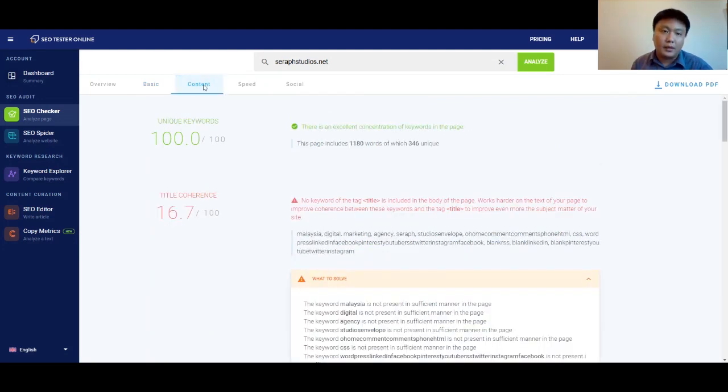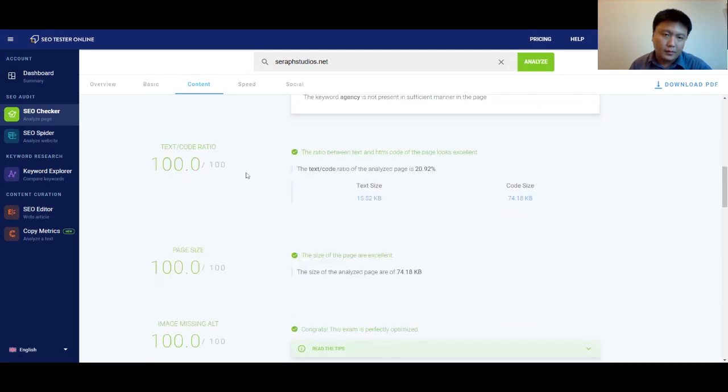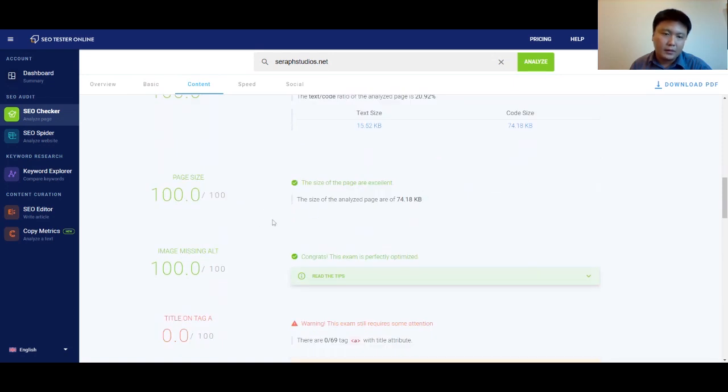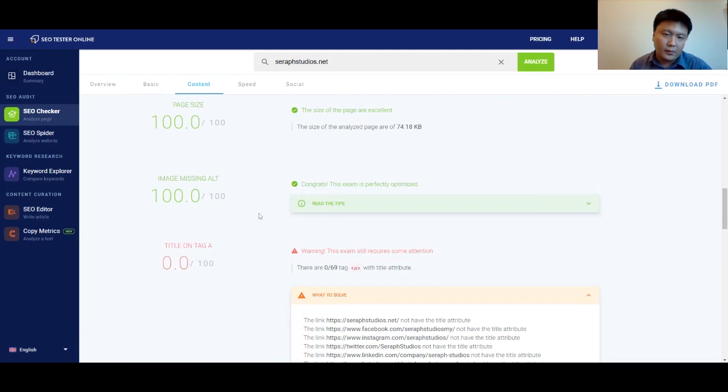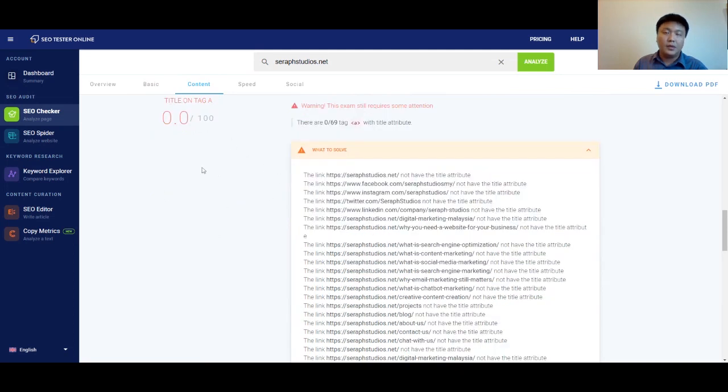Then under the content tab, we have analysis about the unique keywords, title coherence, H1 coherence, text to code ratio. So basically you need more text than code per page, your page size in kilobytes, any images with missing alt tags on the page, the title on tag A. This is the title attribute in your A tags, the links on your website,